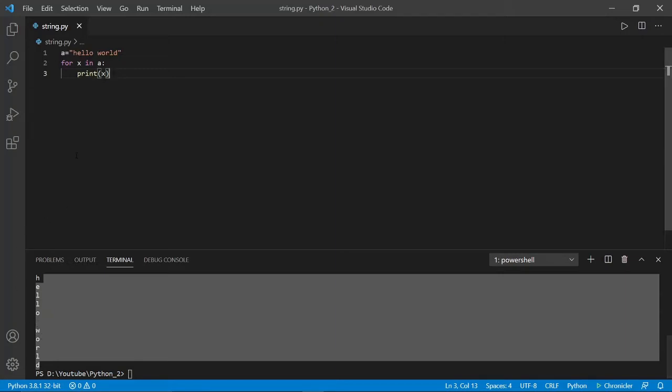So how can we find the length of the string? To get to know the length of the string, you can use the inbuilt function len. The len function returns the length of the string. Example,